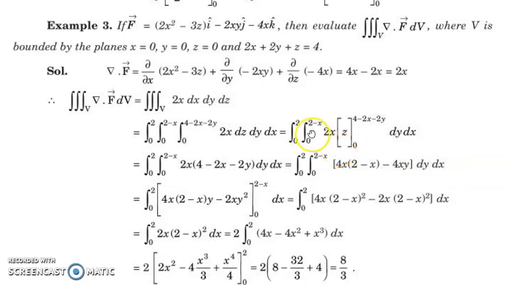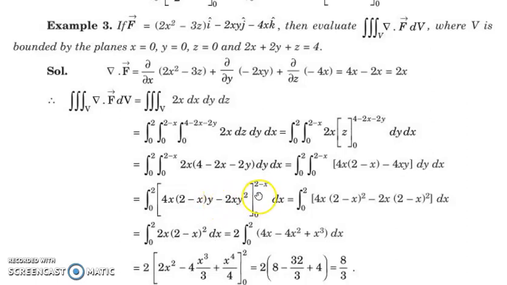Now we shall integrate. First integrate with respect to z. So you will get 2xz. So the limit will be from 0 to 4 minus 2x minus 2y. So you will get 2x into 4 minus 2x minus 2y, dy dx. So just rearranging, you will get 4x into 2 minus x minus 4xy, dy dx. So on integrating again with respect to y, you will get 4x into 2 minus x times y minus 2x y